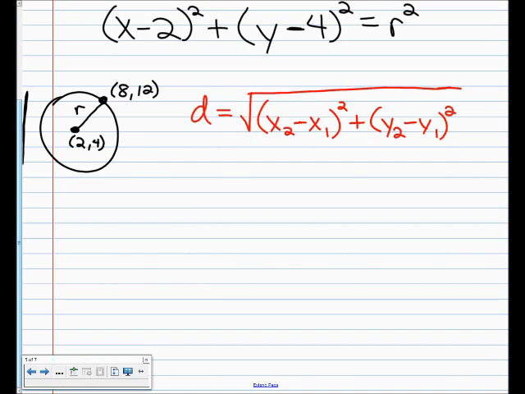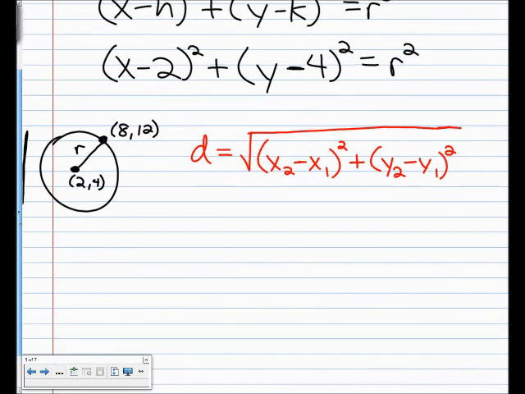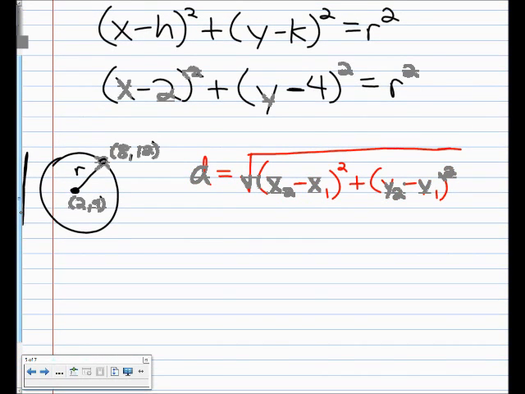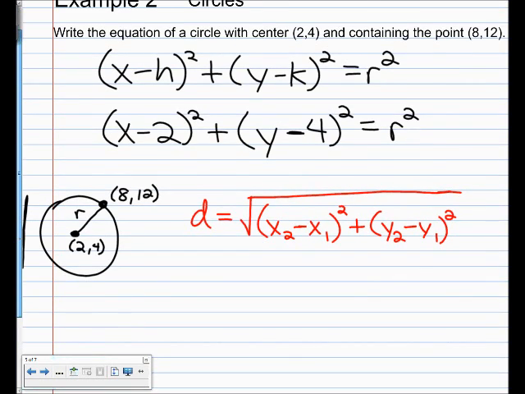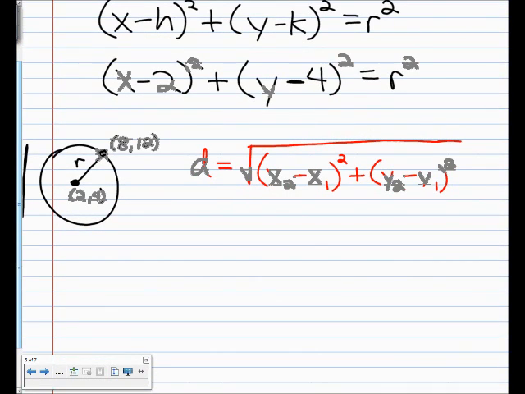Is that the only way to do this? No. We'll find the slope. Now, will that help us? Can't you plug in 8 and 12 into that? That's exactly what you could do. Notice we have x, y, and r. And what do I want to find? I want to find r. Well, they've given us another point, which is x and y, right? 8 and 12 is an x and y. So I could plug in (8 minus 2) squared plus